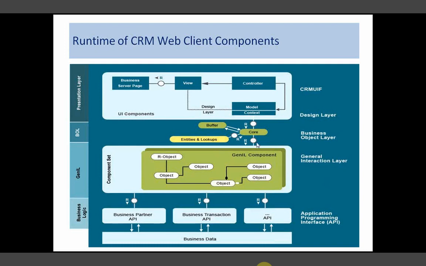Then it intimates the BOL, and the BOL will create an entity and refer to these objects, and these entities are mapped to the model. Since it is mapped, the model will also get the data. When the view requests the data, it will respond to that, and that will be sent as a response to the browser. That's how the runtime behaves.